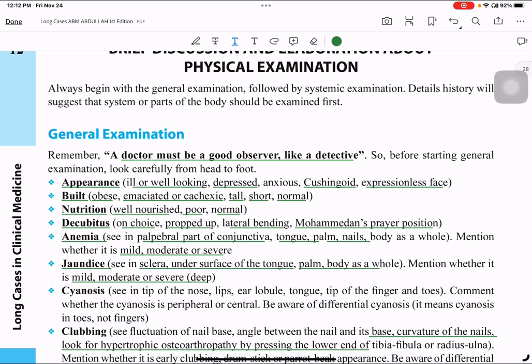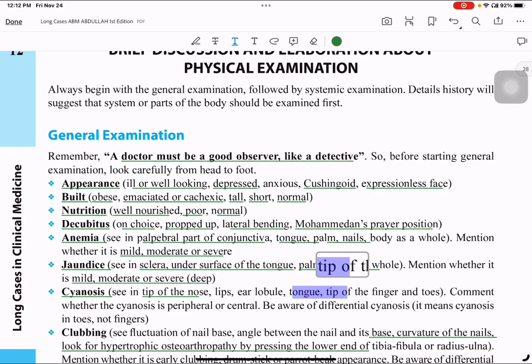Obstructive jaundice indicates deep jaundice. So if a patient has deep jaundice, we can assume that the patient has some obstructive jaundice. We have to look for cyanosis in the tip of the nose, lips, ear lobule, tongue, and tip of the finger and toes. If the patient has shortness of breath or low blood pressure and is cyanosed,